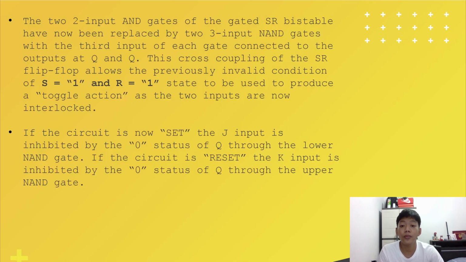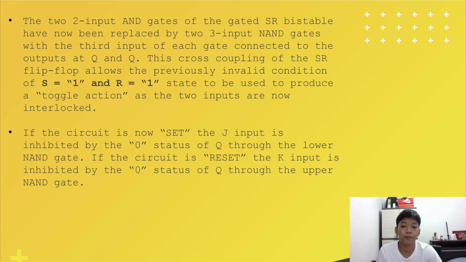Now, the two 2-input AND gates of the gated SR flip-flop have been replaced by two 3-input NAND gates, as we can see in the circuit, with the third input of each gate connected to the outputs Q and Q bar. This cross-coupling of the SR flip-flop allows the previously invalid condition of S equals 1 and R equals 1 to be used to produce a toggle action,